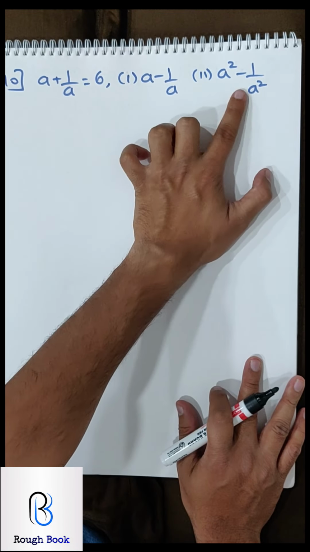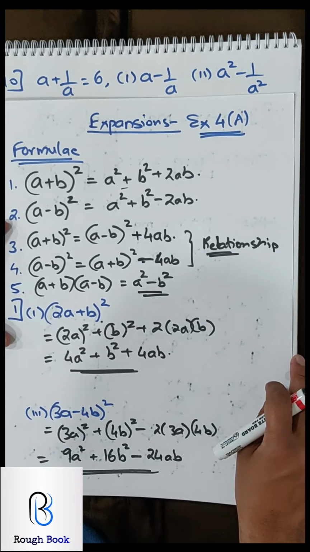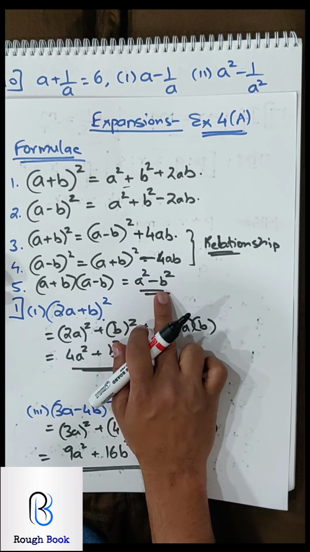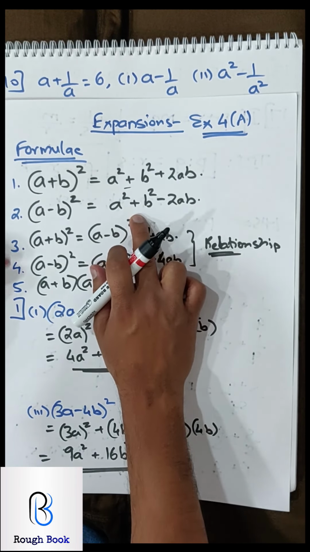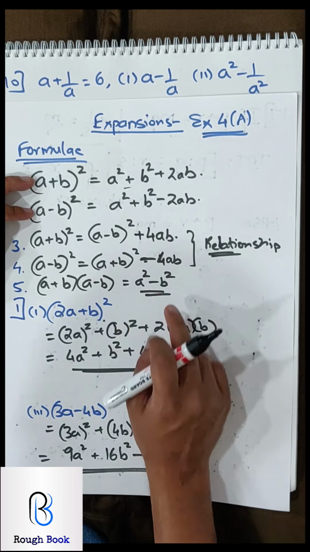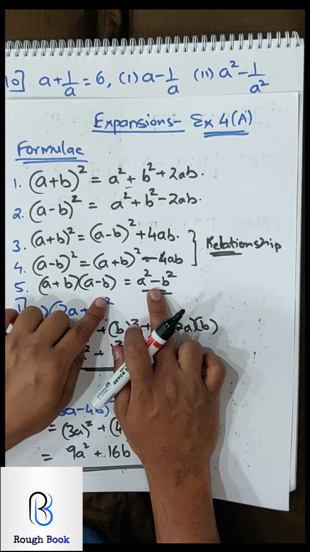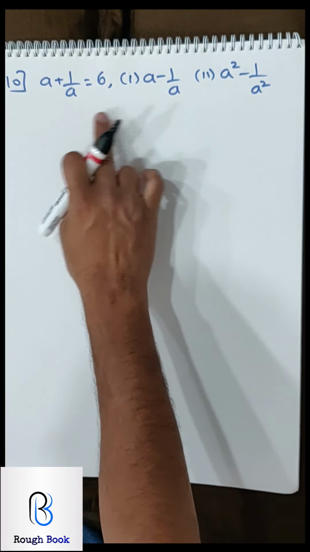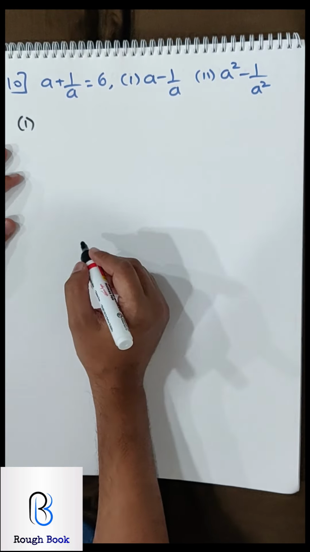Once we reach here, now a square minus b square. Whenever minus is asked, I'm again insisting on this one. Whenever minus for the squares is asked, it's just this one. When plus is asked for the squares, you can use either of the two depending on what is given. But whenever there is minus, it's only formula number 5, that is (a plus b)(a minus b). So you will have both of them, multiply, and you can reach here. Come on, stop the video, go ahead, solve it.